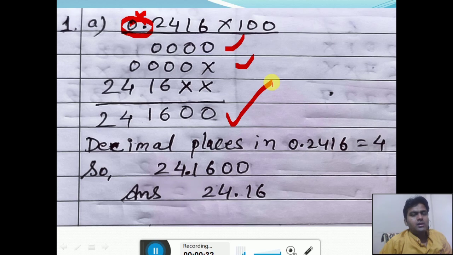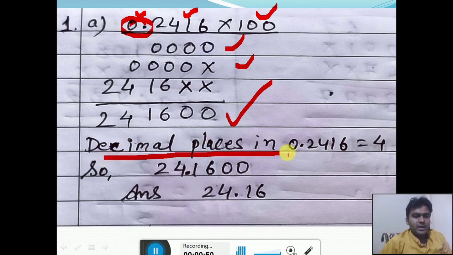First forget there is no decimal and just simply multiply the two whole numbers, 2416 and 1000. So what you will get, you will get 241600. This is the second method. Thus normally we will solve by this method. So where is the decimal place in the question,